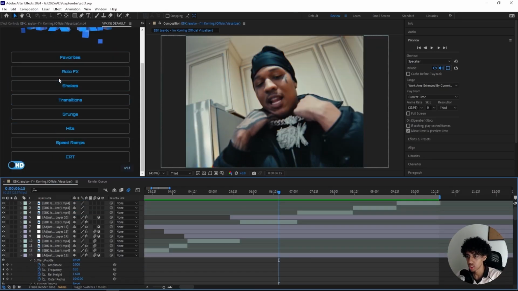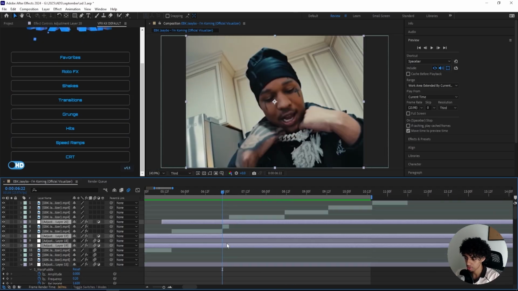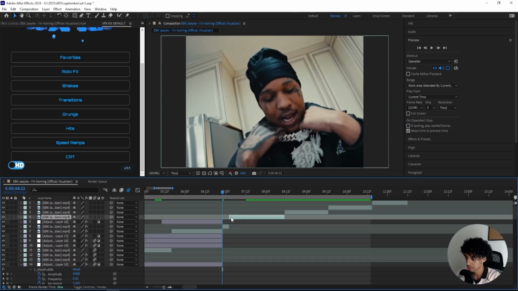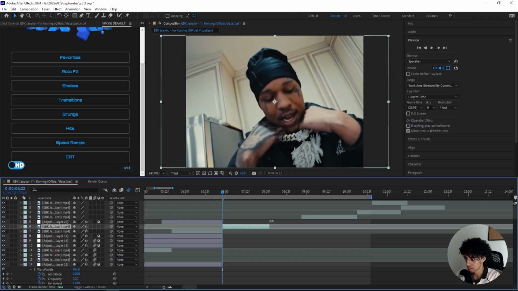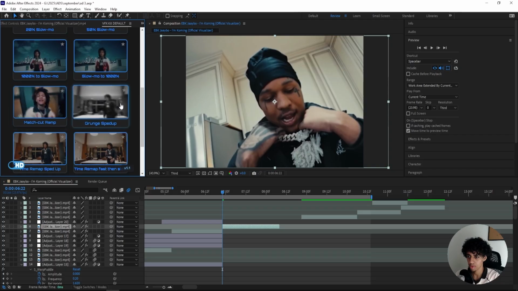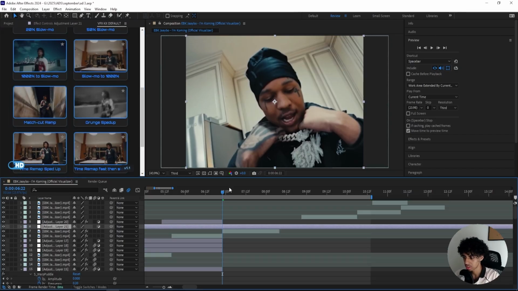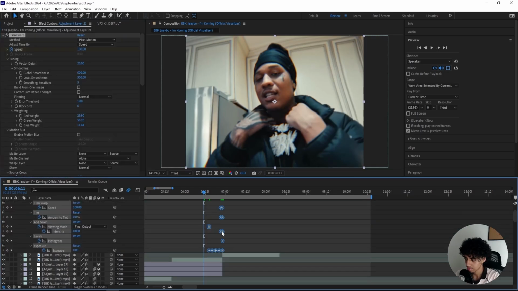And I don't think I've shown anything from the speed ramps tab, so I think it's time to do that. So for this part right here, I'll be cutting the clip. I also got to organize my stuff a little bit better, so I'll remove all of the adjustment layers from there. And what I'll do is I'll drag this clip out to like 1 second or something like that, and I'll open up the speed ramps tab and I'll go for something like the match cut ramp or the grunge sped up. So I'll just apply a new adjustment layer and apply the grunge sped up,